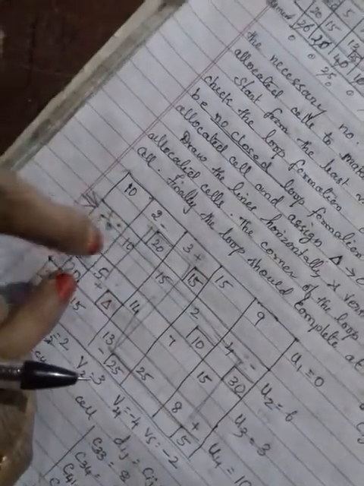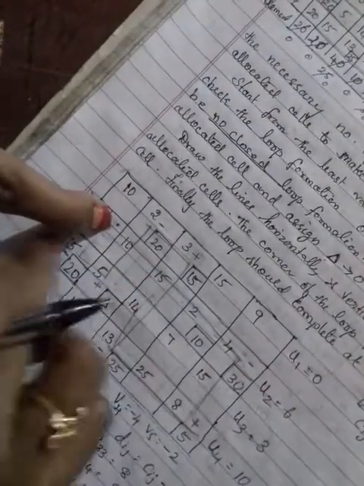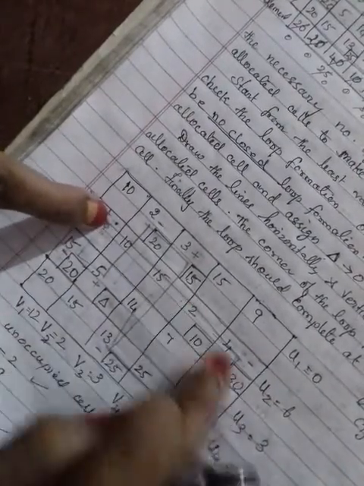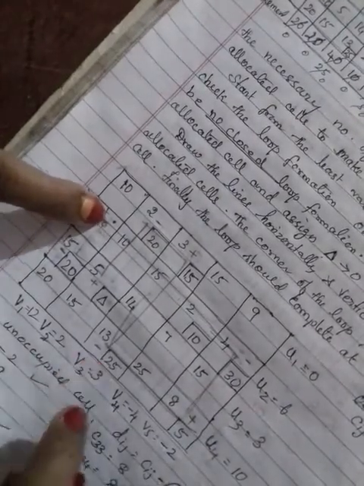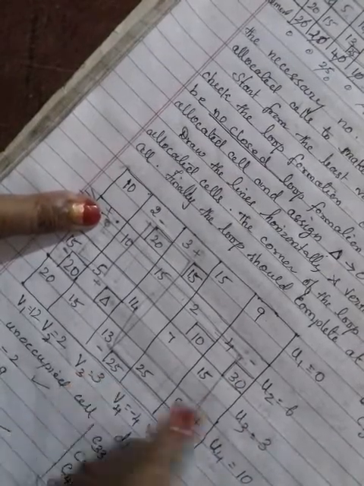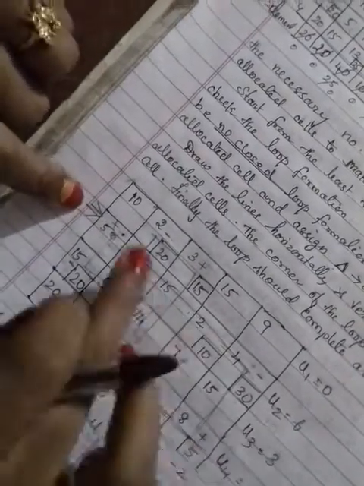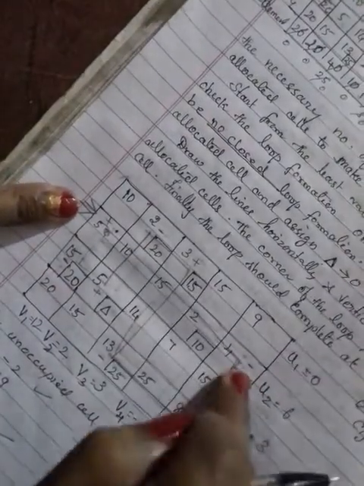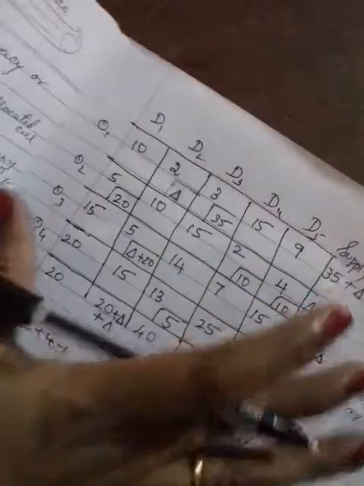That particular cell is called the incoming cell. Then next one is minus, next one is plus, then minus, like that alternately you have to do it. Then where we put minus, that allocated value you have to check for which is the minimum. 30 is a minimum, here it is 25. Sorry, 20 is the minimum. So 20 we have to select and add here. Here you have to subtract, here you have to add, here you have to subtract, like that we have to do. And we have done one more table.